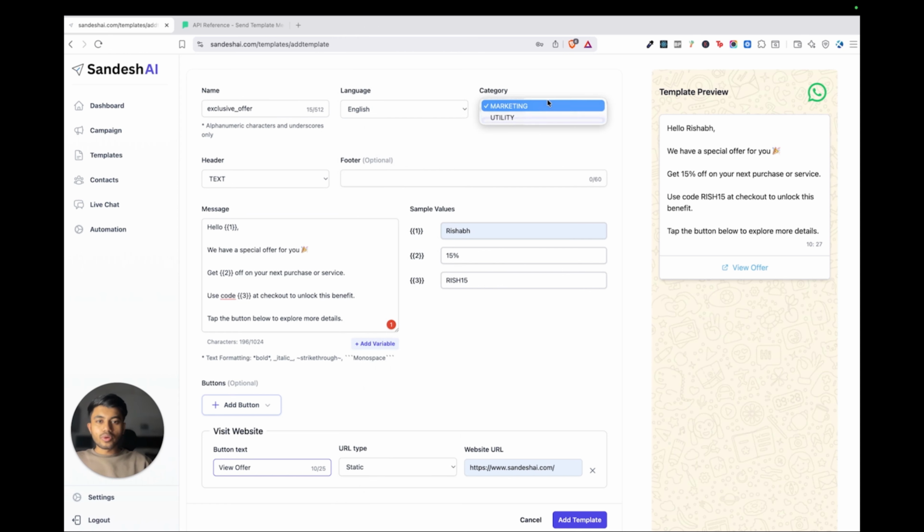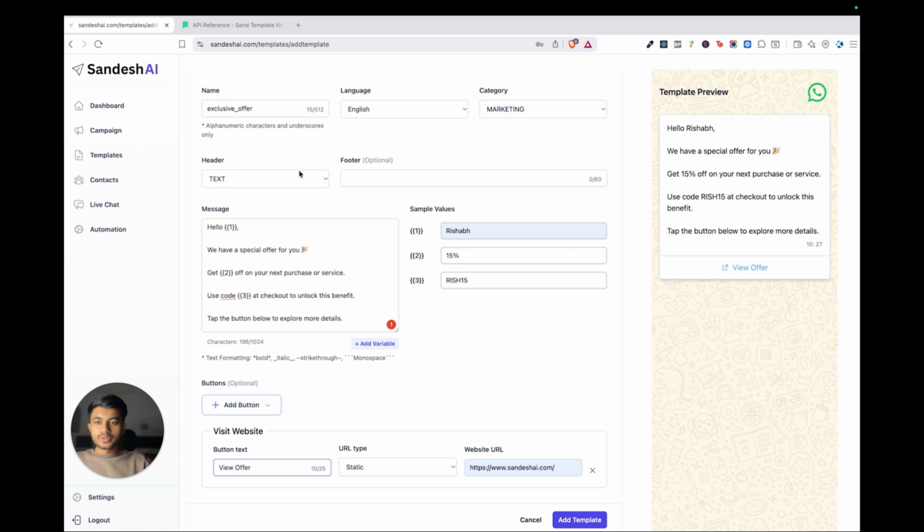There are two types of WhatsApp template message, marketing and utility. Marketing templates are promotional messages. Utility messages are update related messages. So based on your message, select the right category. Here our message sounds like marketing, so select the marketing category. But if your message sounds like marketing and you selected the utility category, then Meta will automatically recategorize it to marketing. So select the right category.